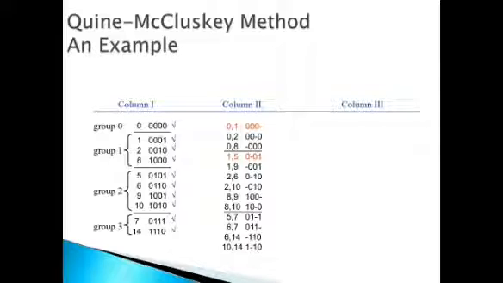Here in column 2 we are comparing 0, 1 with 1, 5. While comparing, we see that there is a change in two locations, so we will ignore this. Similarly, 0, 1 is compared with 1, 9. Here there are 2 changes, so we will ignore this combination also. We are ignoring the next combination also.